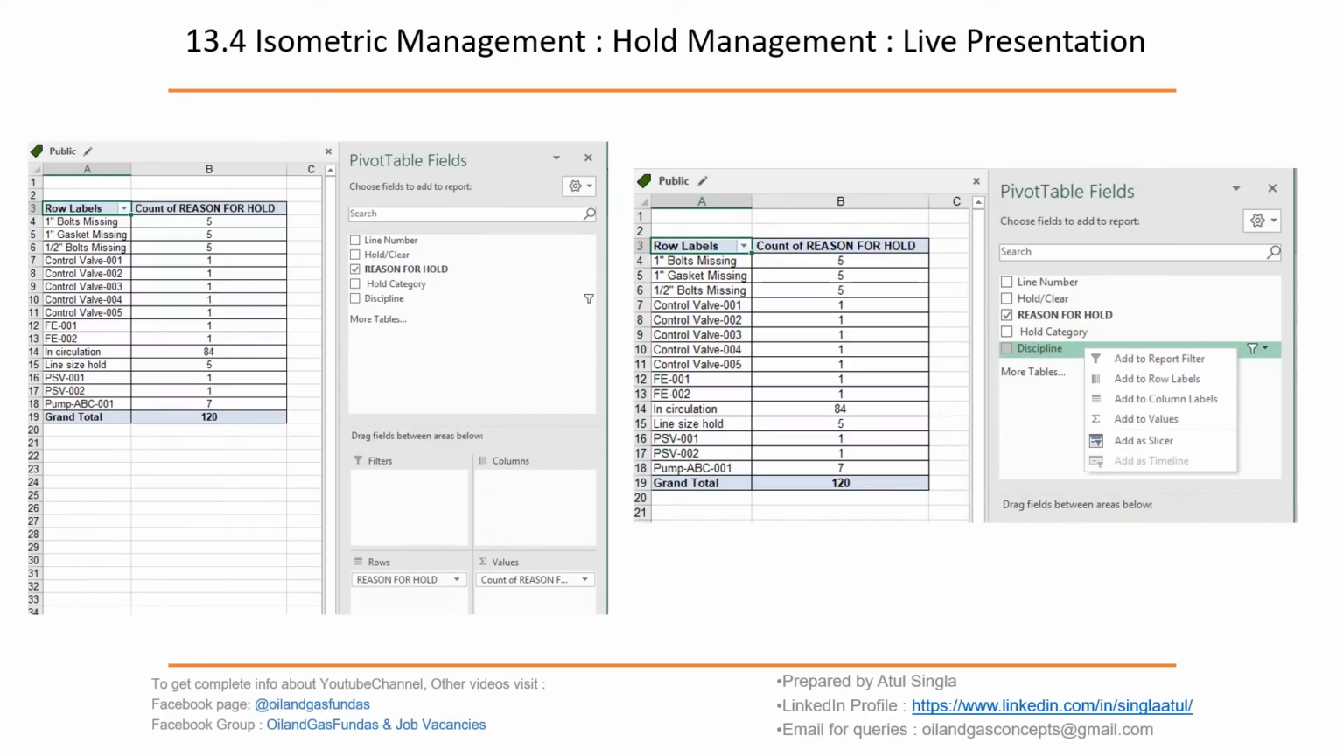Now suppose senior people are coming to meet you to discuss all the holds, what the various holds are, and how we can remove them. In that case we may book a conference room and present them all the details live. Okay, if somebody is sitting with us and we are discussing in detail, then we have to have a detailed